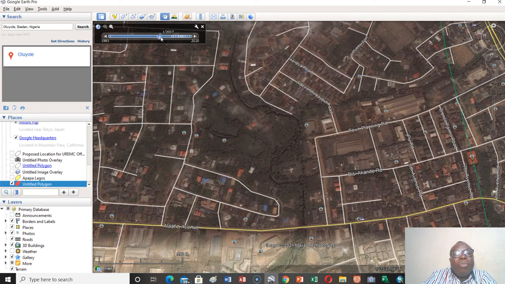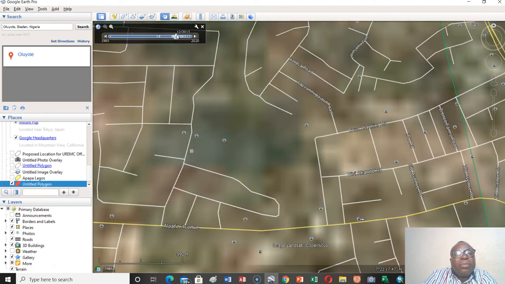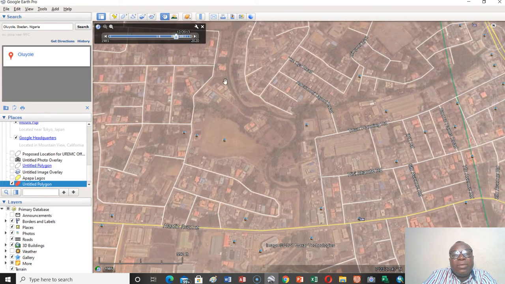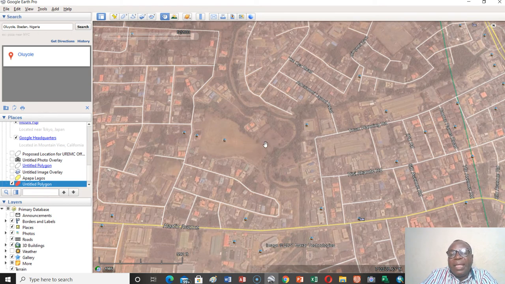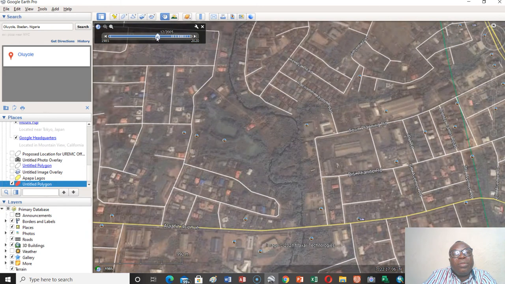But by the time you move to 2010, 2013, some of this area has been built. You can see the area that was waterlogged, basically marshy area in 2007, had become built. Let's go back again to